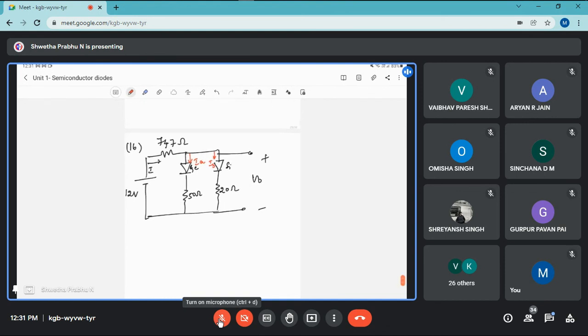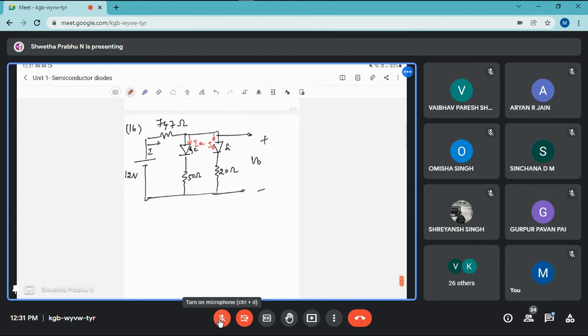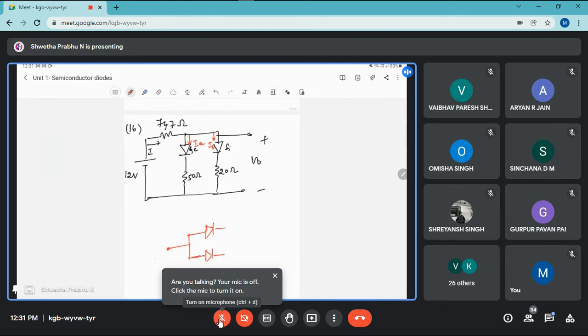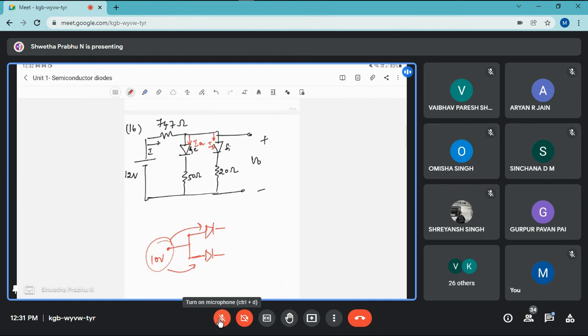Here, as soon as you power on, you have the current limiting resistance and then the parallel branches come into picture. But in those circuits, the external power was directly connected to the diodes. Correct, Pawan? Yes, ma'am. In those type of circuits, you had a diode like this and a diode connected in parallel. Here you had, say, external voltage connected directly to these two diodes. But that is not the case here. Understood, ma'am.